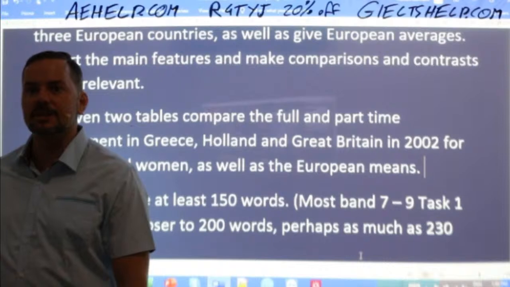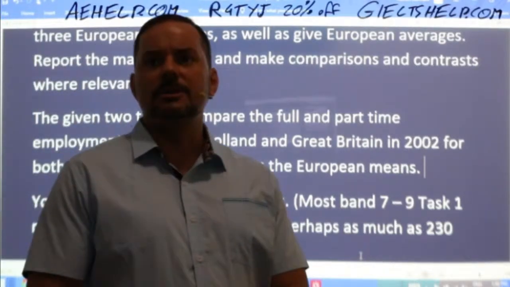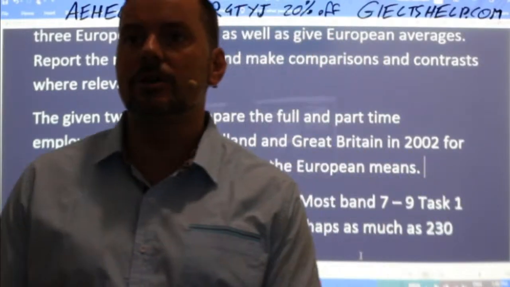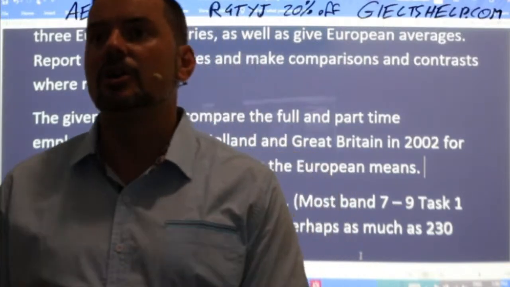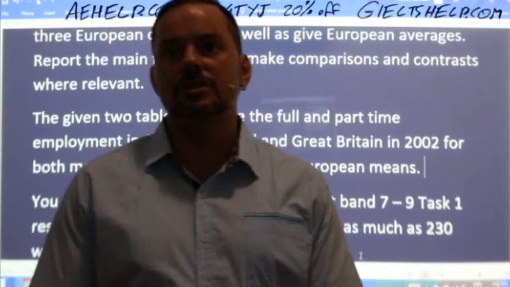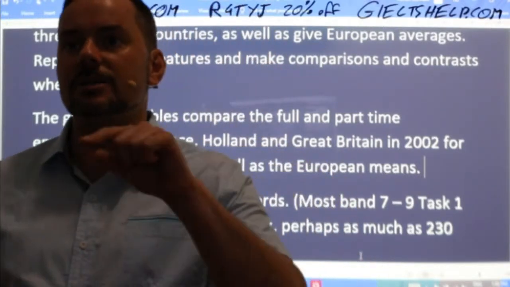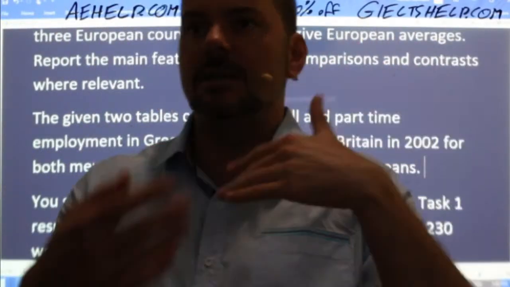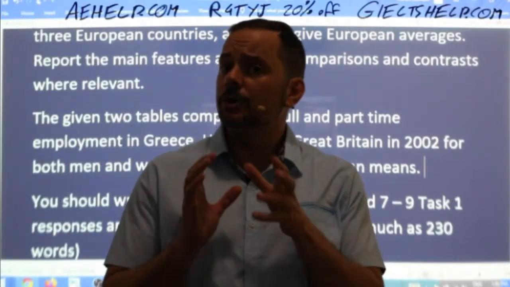Very nice paraphrasing. Okay. All right, Charlie says the following 2 tables depict the average number of working hours for both full-time and part-time workers in a week, specifically for 3 European countries, namely Greece, Netherlands, UK, and the averages in Europe. Yeah, Charlie, very good. You don't need the word namely because you have the word specifically. So specifically, Charlie, is the same as namely. Just choose one, not both. Okay. Careful with your words, students.